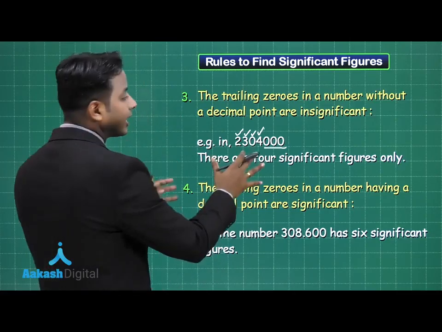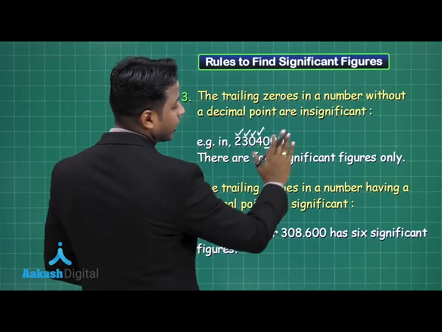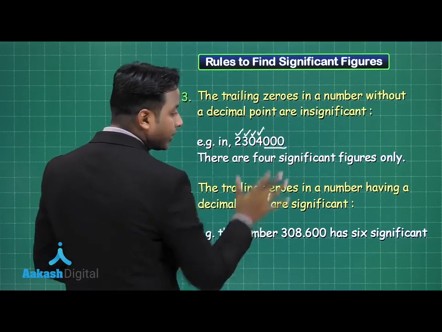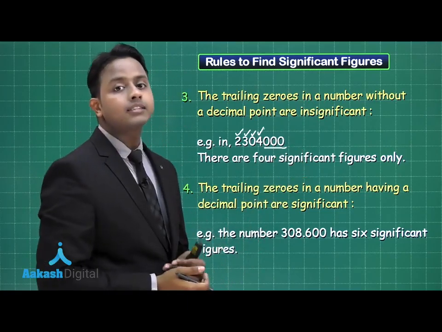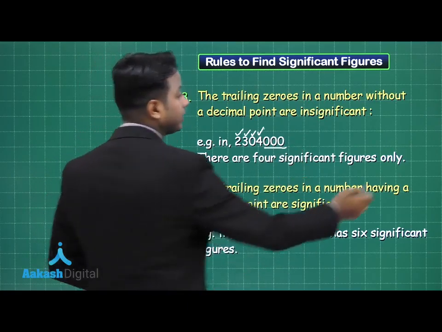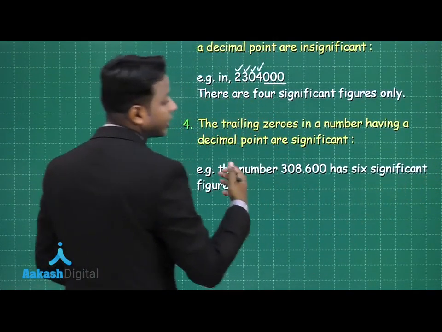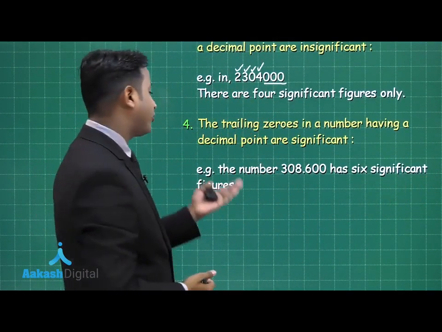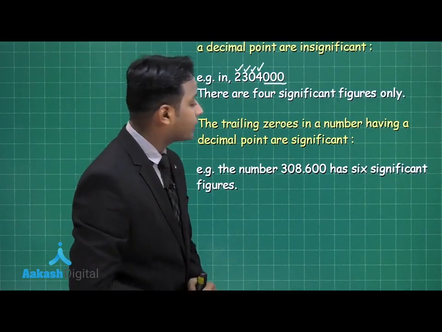See, in this case, there was no decimal point, so that's why the trailing zeros were insignificant. But now, if the number has a decimal place, what is going to happen? Then all the trailing zeros will now become significant. For example, the number 308.60